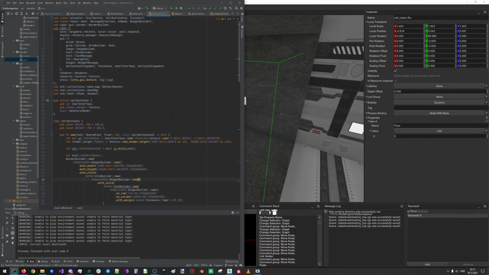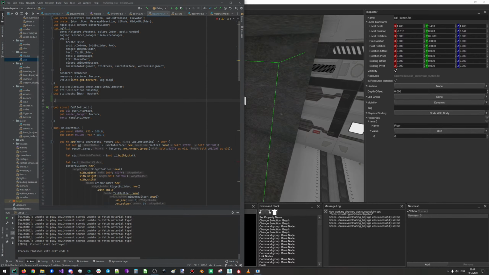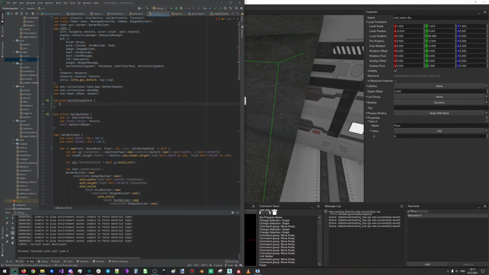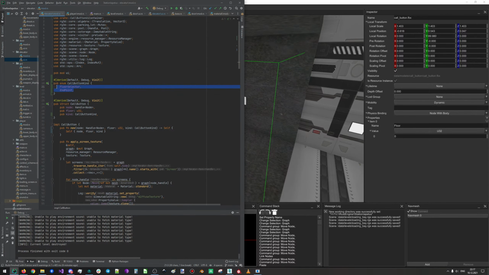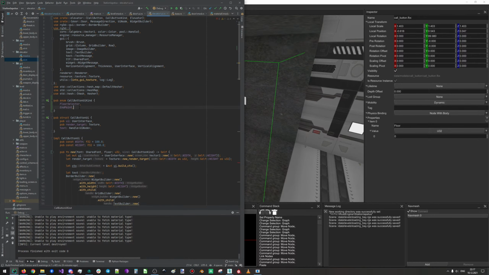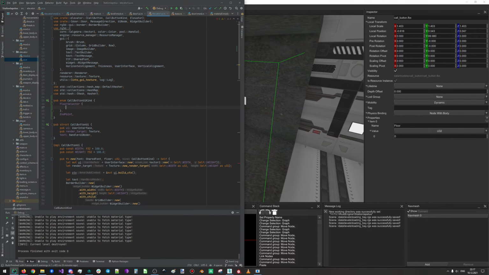But that's all right. Let's add yet another enumeration called button, and I will have exactly the same variants, and in here in the floor selector, what we will have is